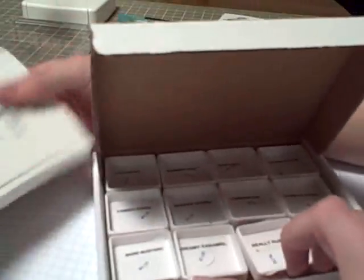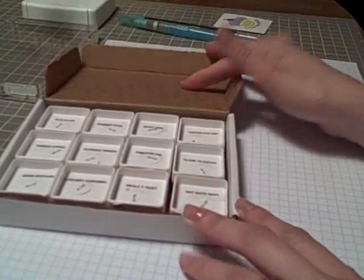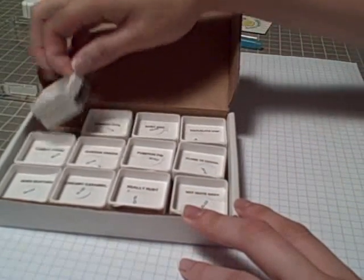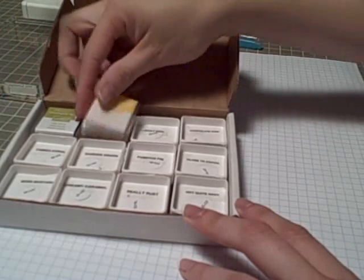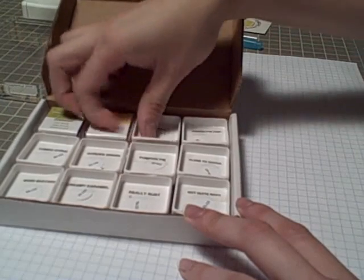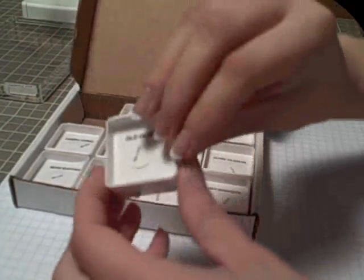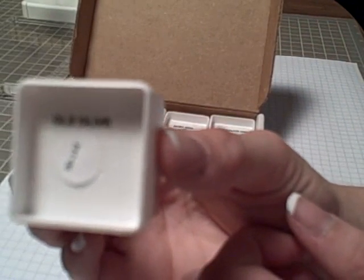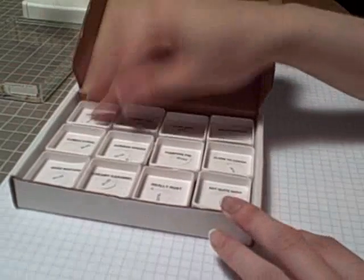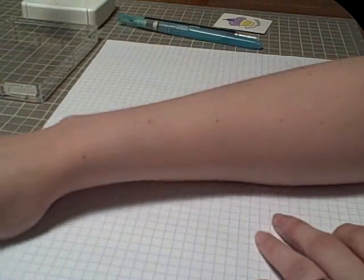And what I do is I like the way they store their stuff upside down, so I store these upside down. They actually come looking all pretty like this, but I turn them upside down, and I can get little labels, like this one says Old Olive. So I store them upside down, and the reason I do this,